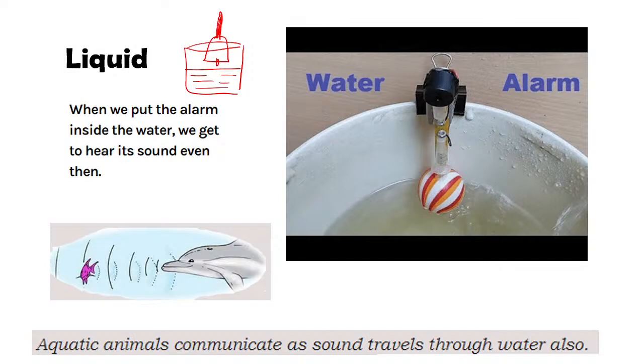And we know that air, I don't have to explain, I am talking here. If there was no air molecule around me, you would not have been able to hear my voice. So this is another indication that sound travels through air, and these are the three media through which sound can travel, okay. Solid, liquid and gases. If sound was not traveling in liquid, then aquatic organisms would not have been able to communicate with one another. Because sound travels in liquid as well, they are able to communicate with one another by producing some kind of sound, okay.